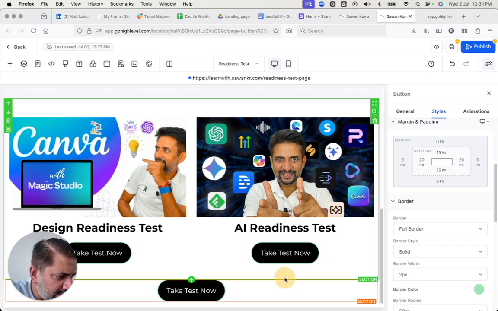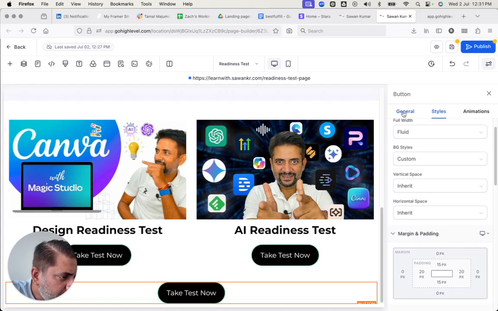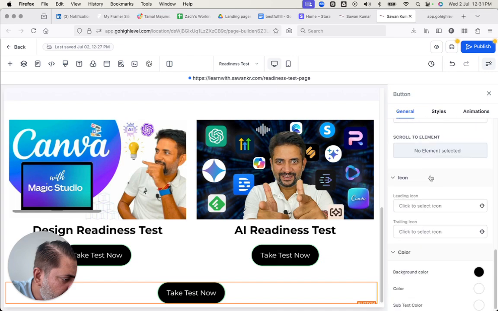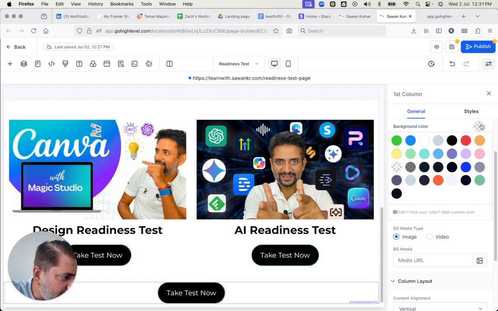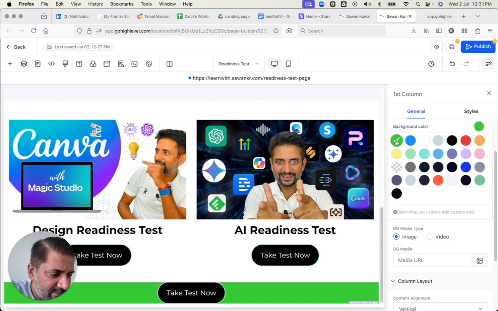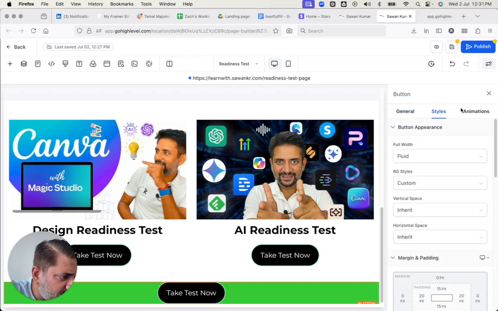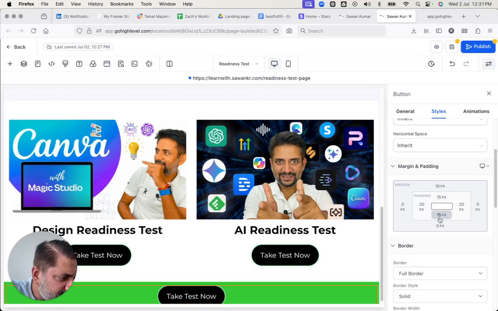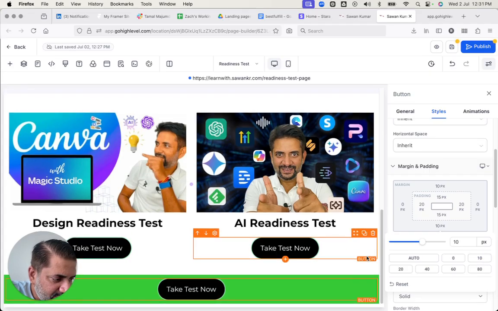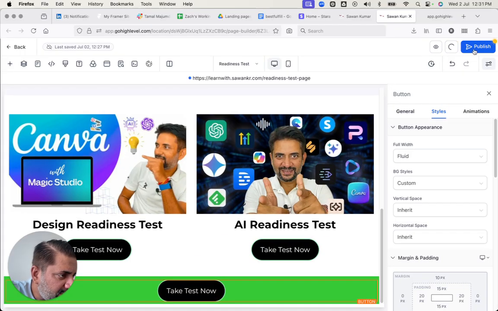Now what I would do is add a background color. We'll go to general, background. Okay, this is the button color. I do not want the button section here. Rather, I would want this section. The background color would be, let's say, green. Looks a bit weird, so maybe I'll add a little bit of padding, say 10 pixels and 10 pixels. Cool. Now I think I will save it,